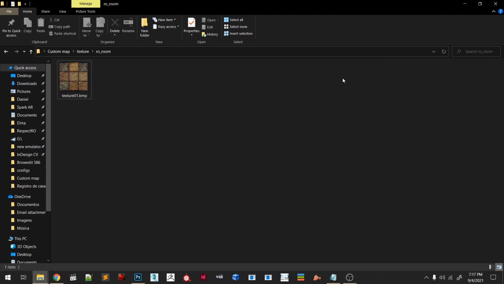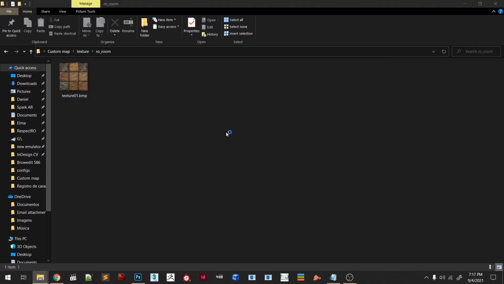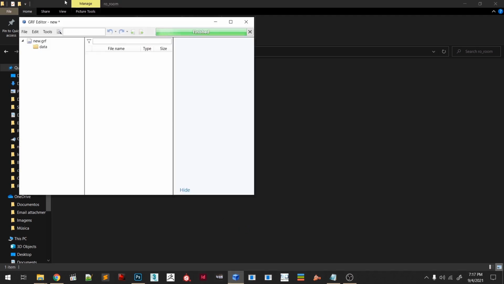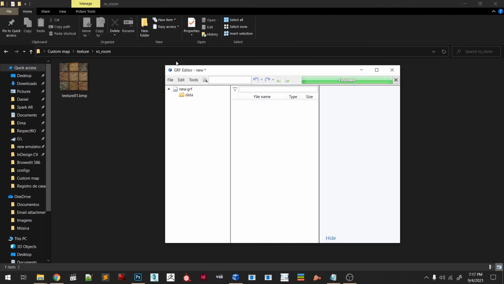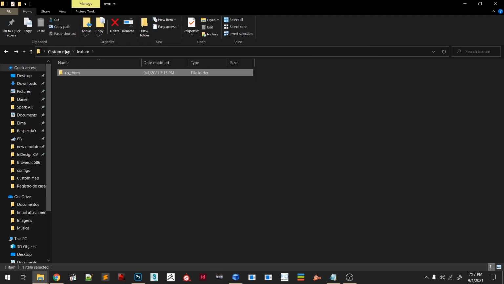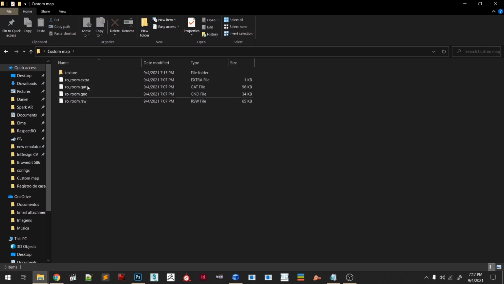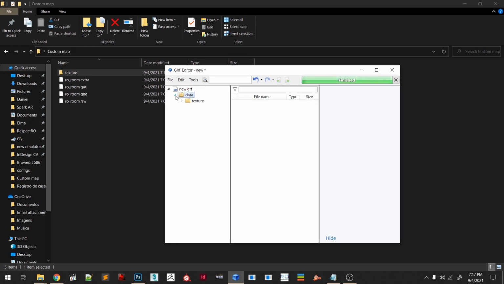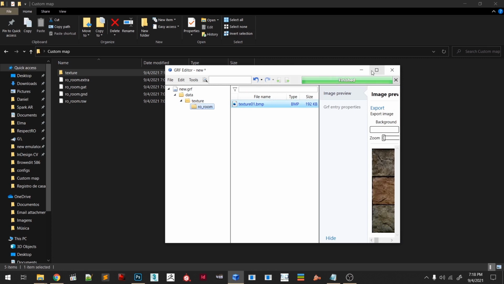So what you're going to do is create a new GRF, so we can put this in BrowEdit. Okay, so the GRF editor will also be linked in the description. So you have a new GRF here. You go back to texture, drag it here, texture RO room, and texture01.bmp.